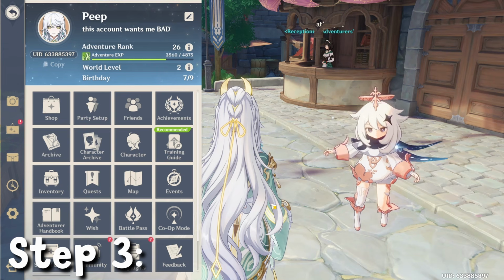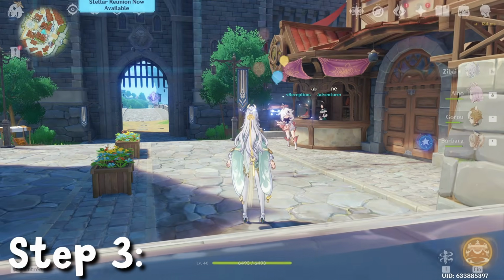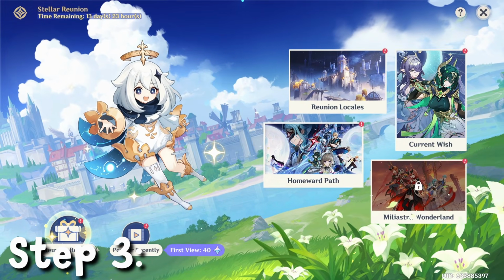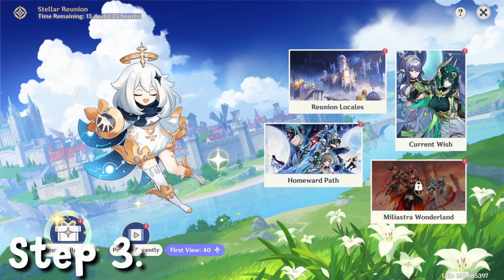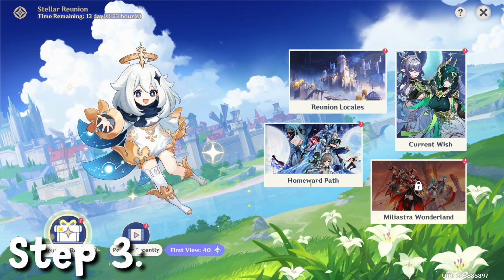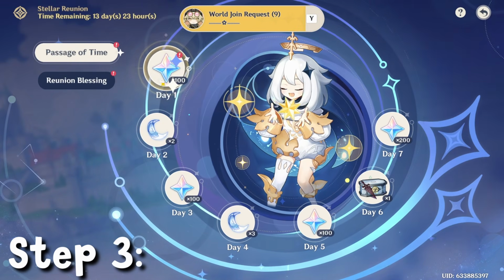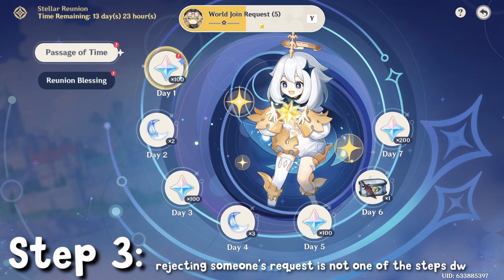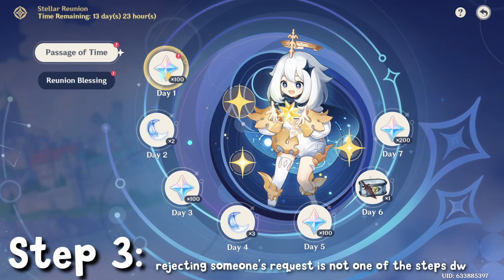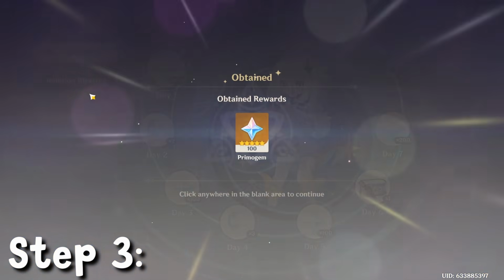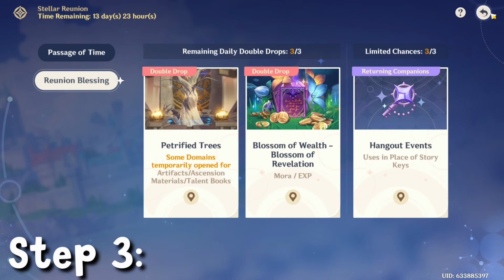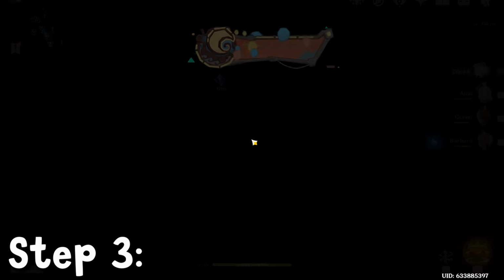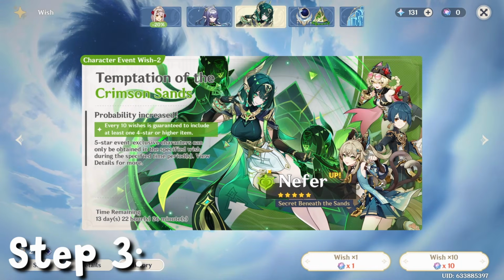Third step is that I log into my game, and take any screenshots necessary. I'm going to be showing you exactly what screenshots I take. For example, as you can see here, I'm going to be making a thumbnail for my account. So I take a screenshot of my AR, of my account. I take a screenshot of my Stellar Reunion to show that I haven't logged in a while. I'm not going to end up using this actually, but you need to take as many